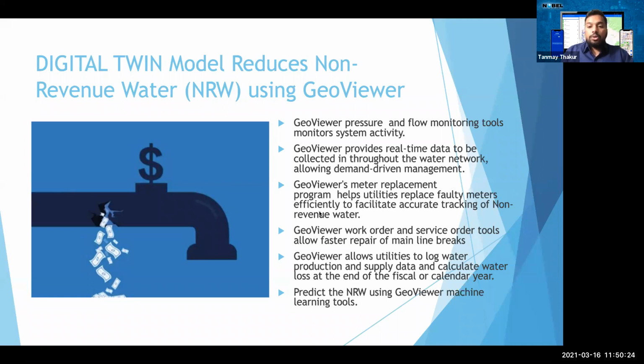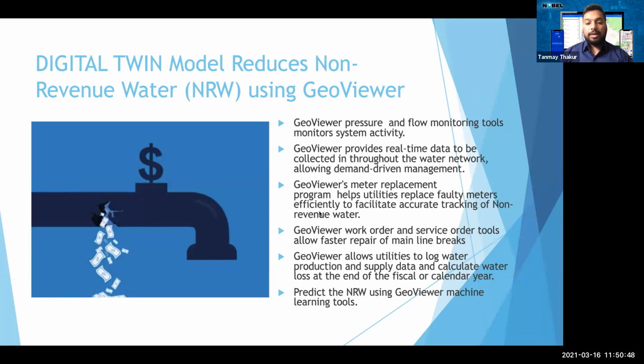With GeoViewer, you can also collect the demand driven data across the complete district. What I mean by demand driven data is you can calculate the water loss for a hydrant shear, a hydrant hit, or maybe a pipeline leak using the GeoViewer tool.